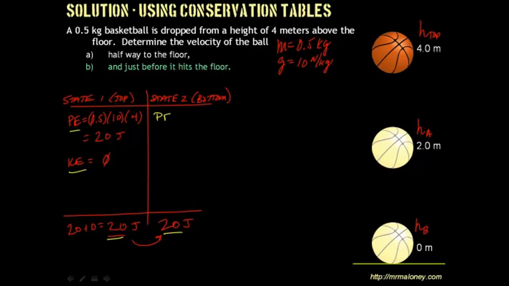We can say that the potential energy at state 2 is equal to the mass times g times the height at state 2, which we called HB. And this equals 1/2 times 10 times 0, which means we have no potential energy at the ground, which we could have guessed